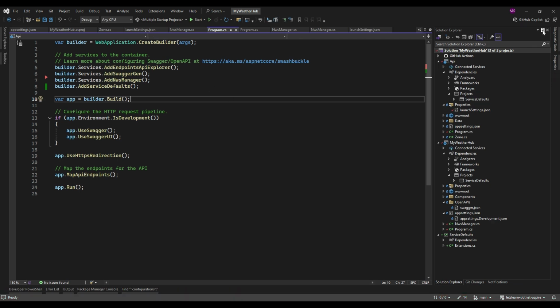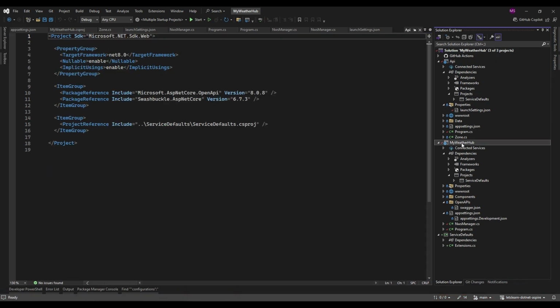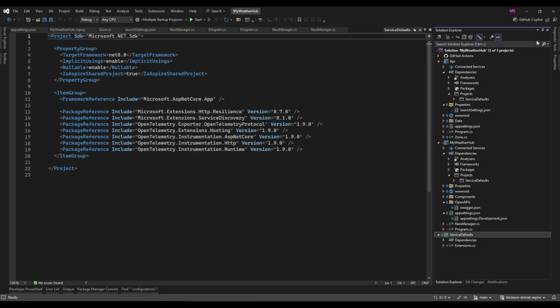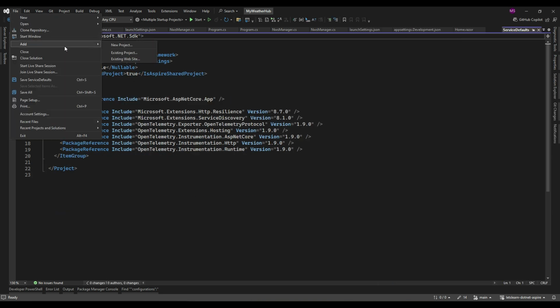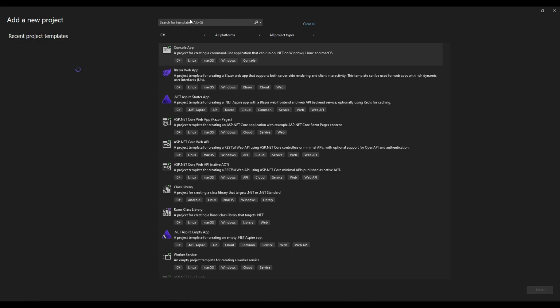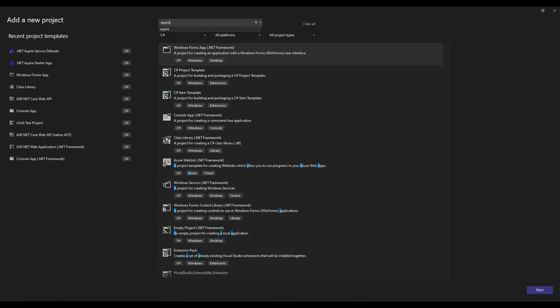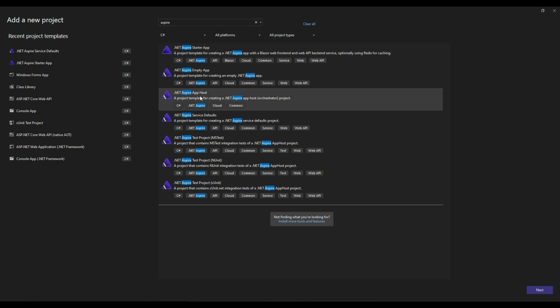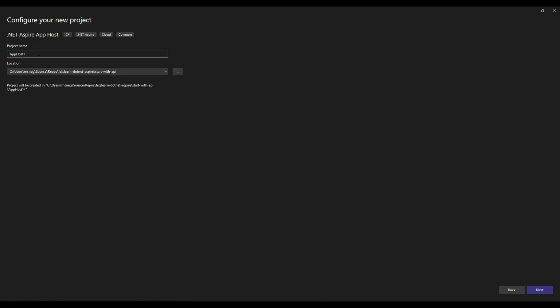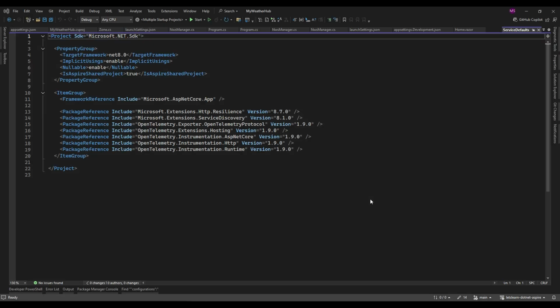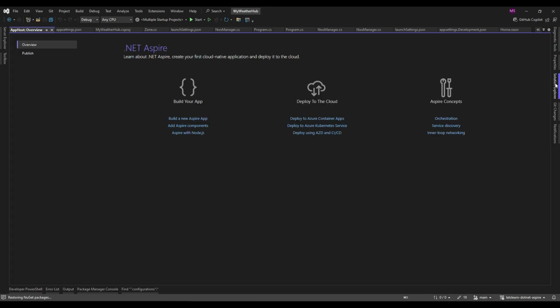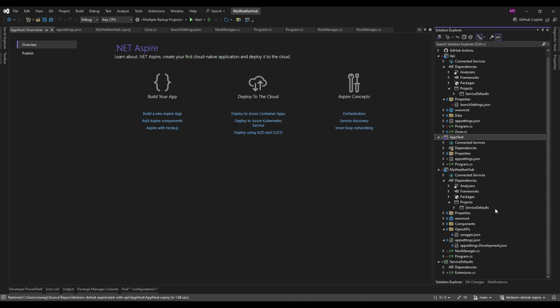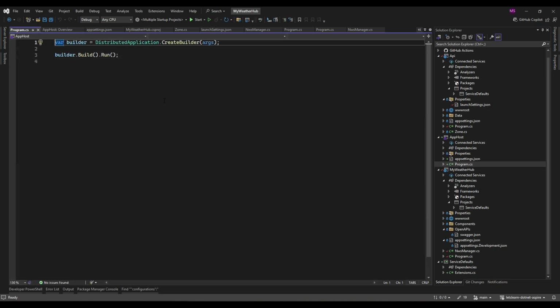Right now, I have my API, I have my weather hub, and I have my service defaults. So let's add the next piece of our Aspire solution. I'm going to add some Aspire templates and I will add the app host. I'll just call it app host to make it clear and a little bit easier to find. It's .NET 8 and now I have my app host. So let's open Solution Explorer. It's right here, and there is a Program.cs, and right now it's just going to set up a distributed application, build it, and run it.